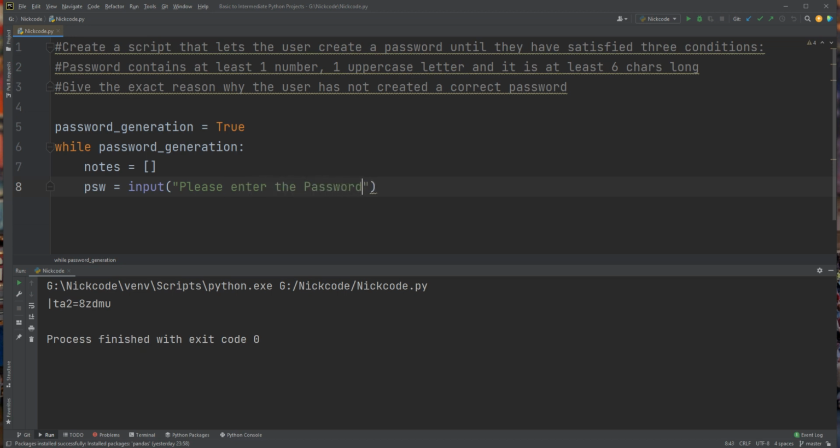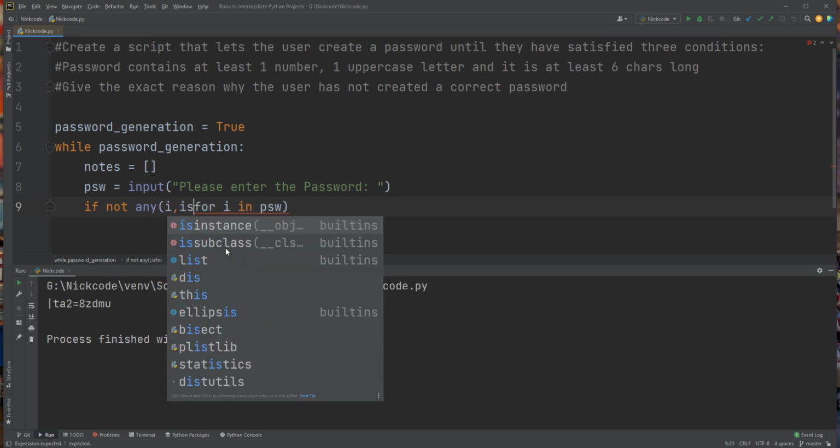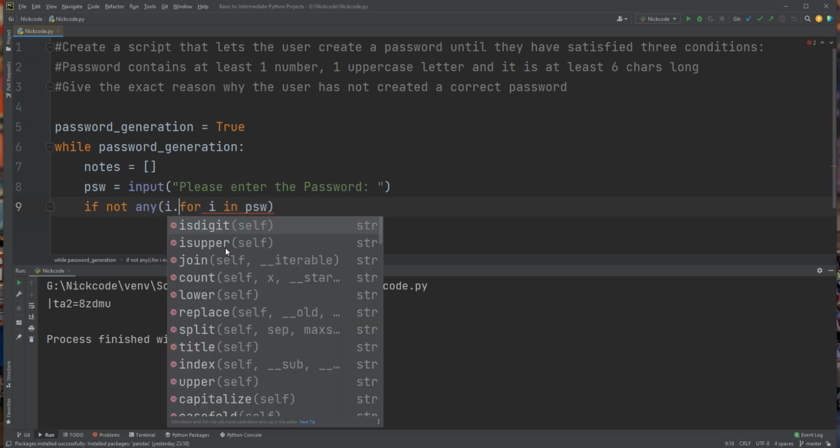Okay, and then if not any, for i in psw, meaning I am iterating through each character, i.isdigit.